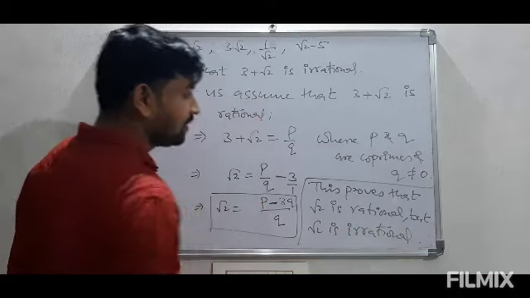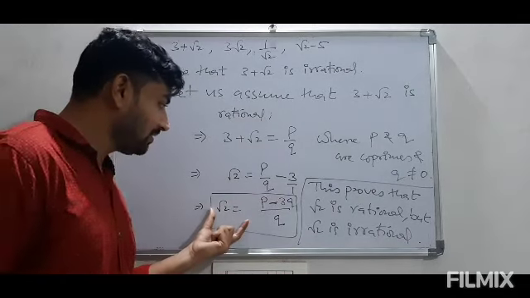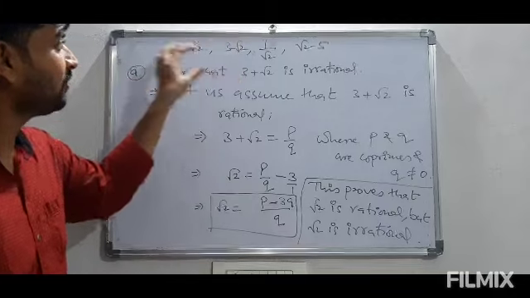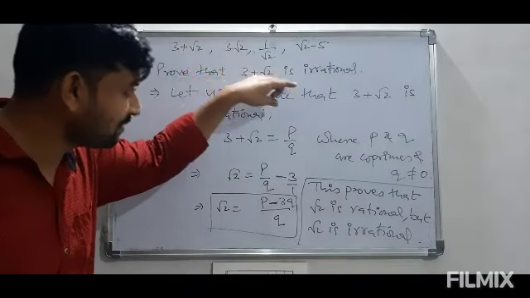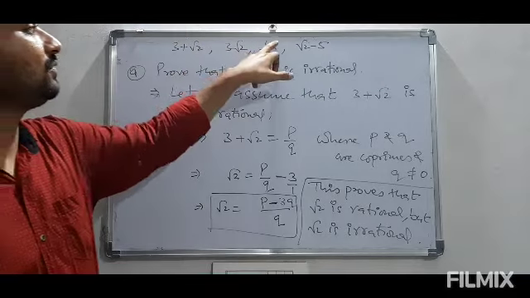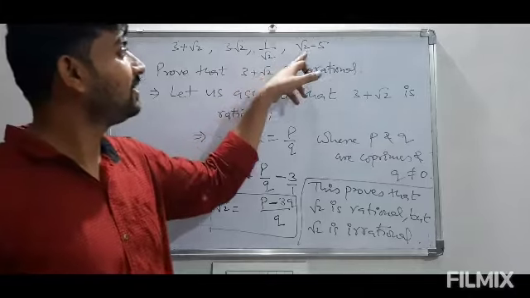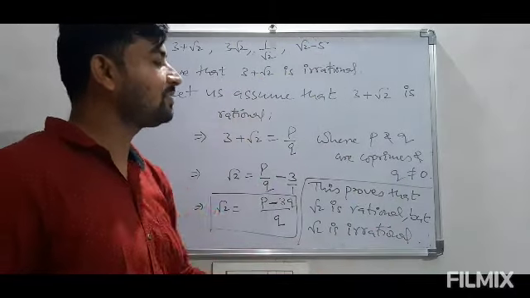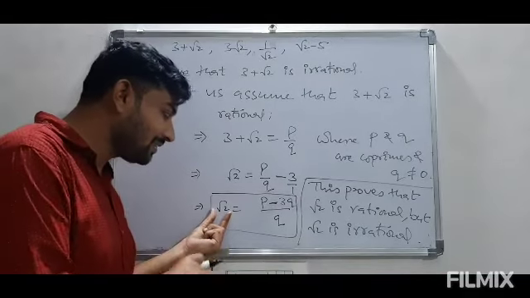So what we have to write, this result, in every part we have to find out the value of the radical part. Means here we have to shift this 3 to the right hand side. Here we have to take the reciprocal of this or cross multiply, then shifting. Here we have to send this 5 to RHS. This way we have to proceed. We calculate the value of the number with the radical sign.